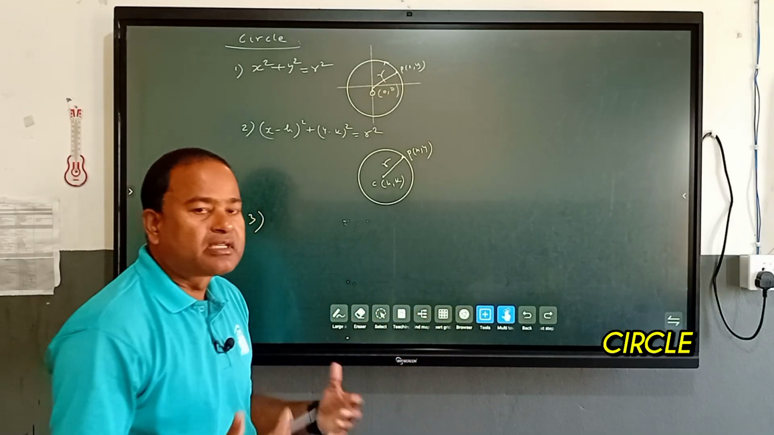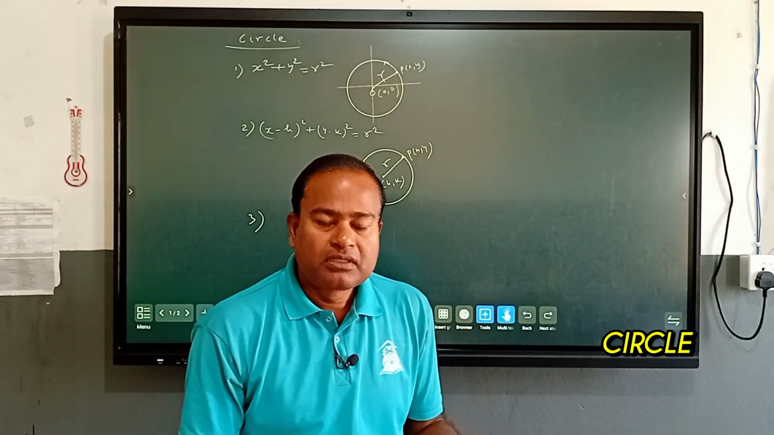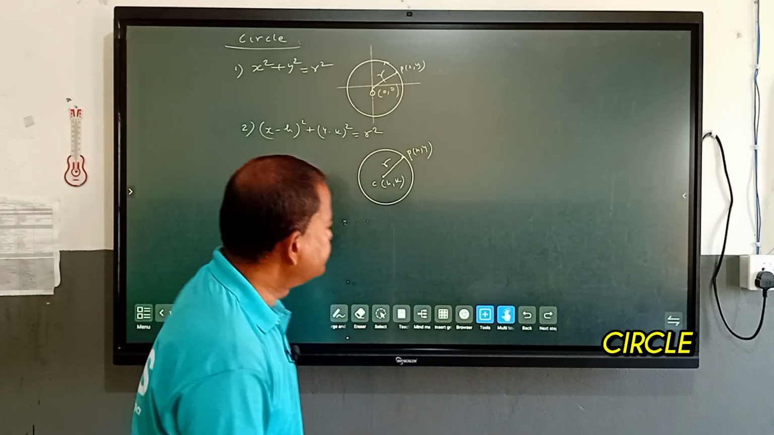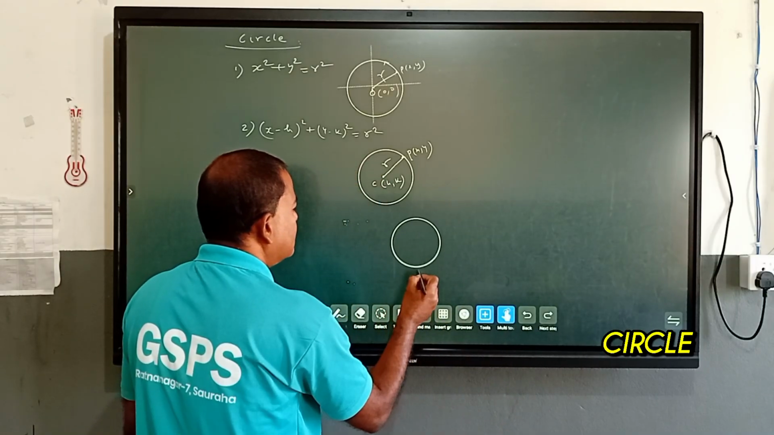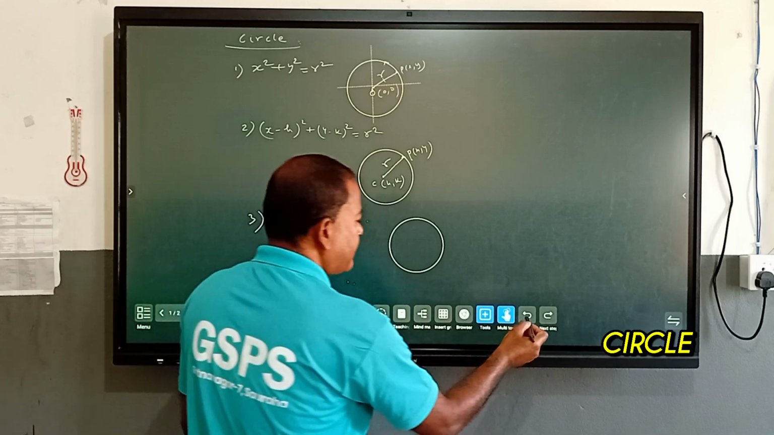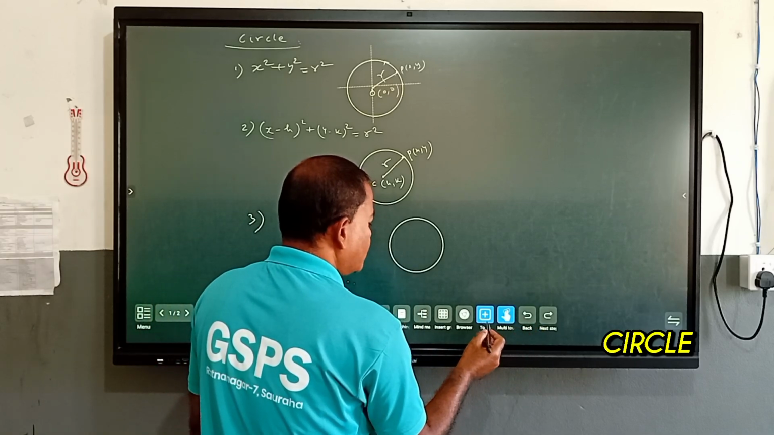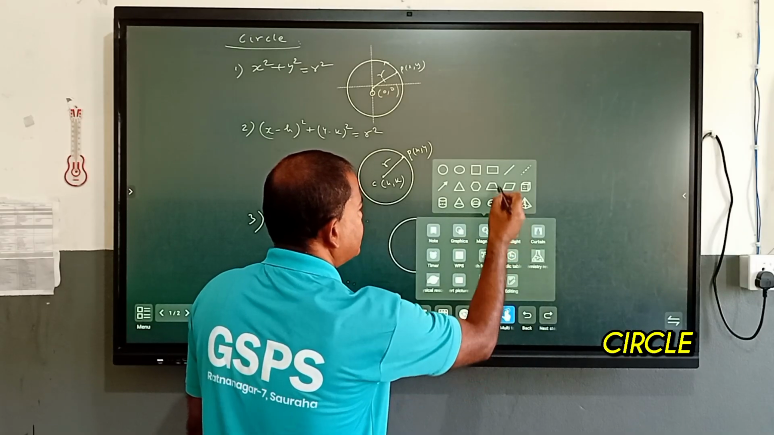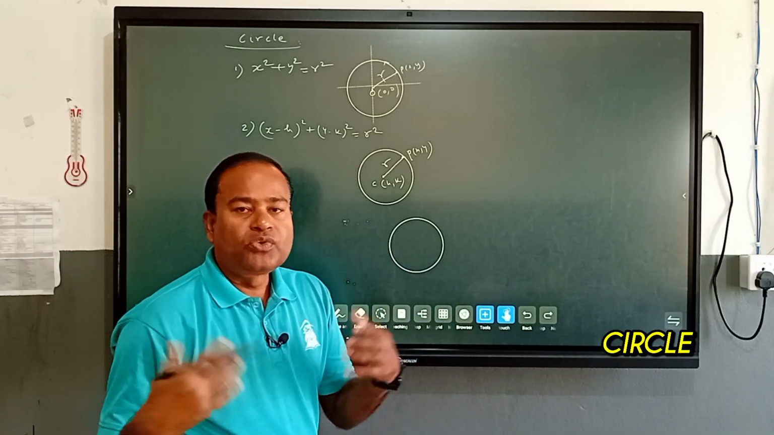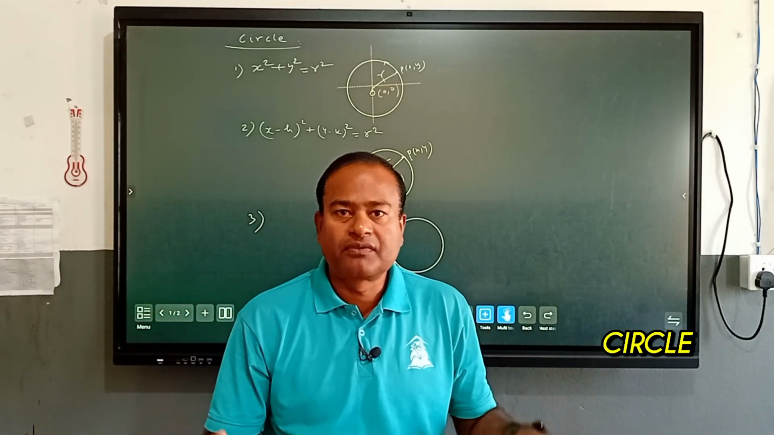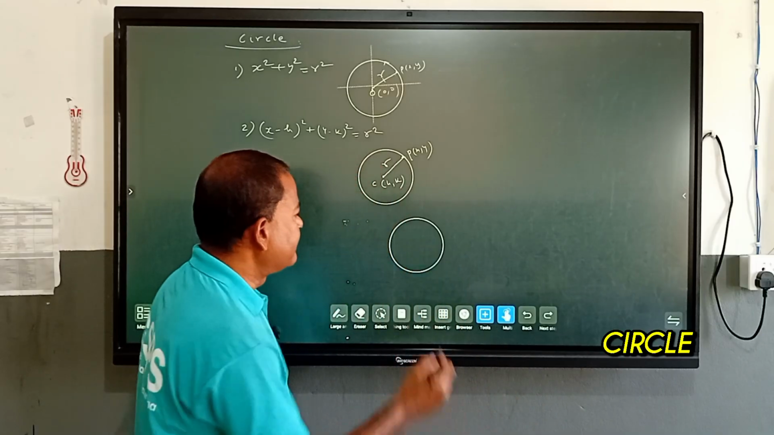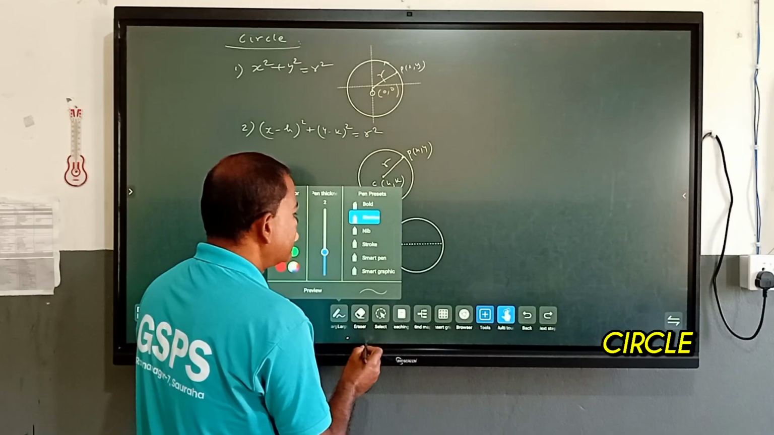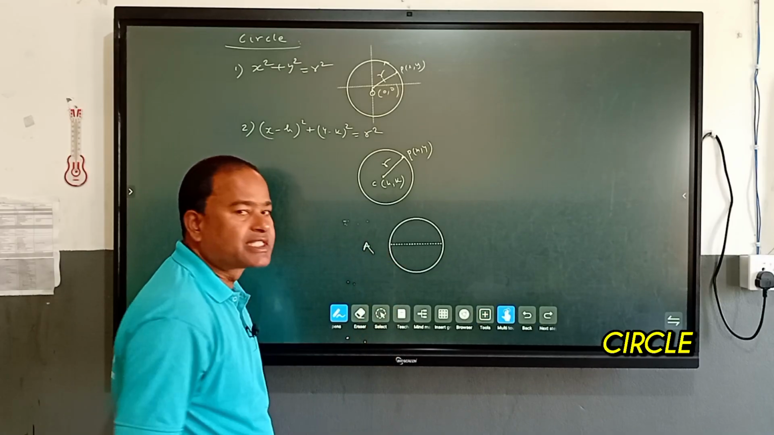Dear students, let's make the diagram for the equation of circle in the diameter form. When two ends of the diameter of a circle are given, let us say the first end point is at A,